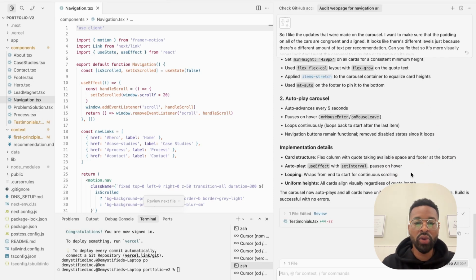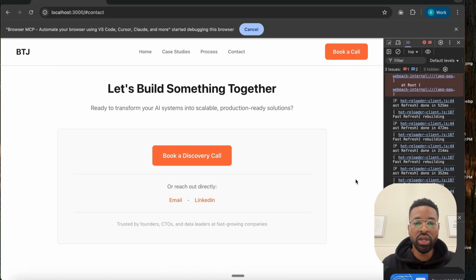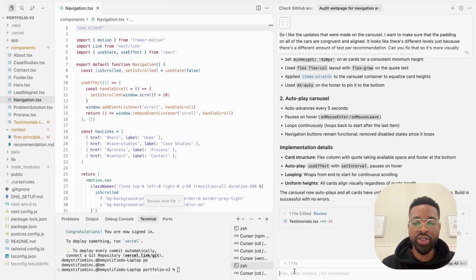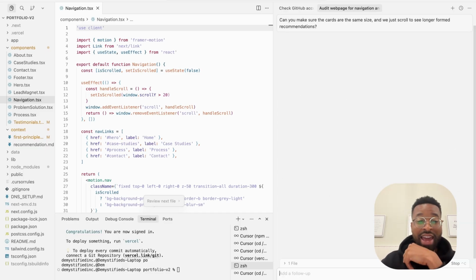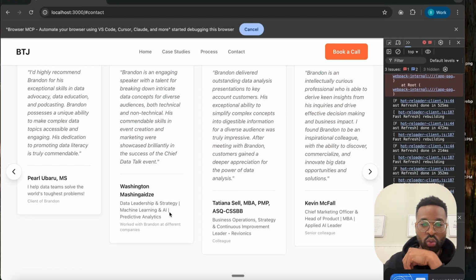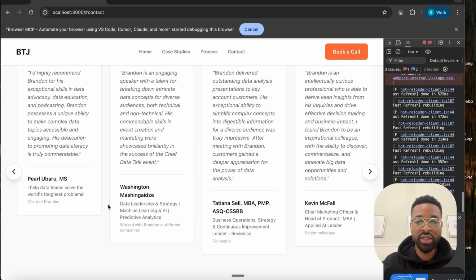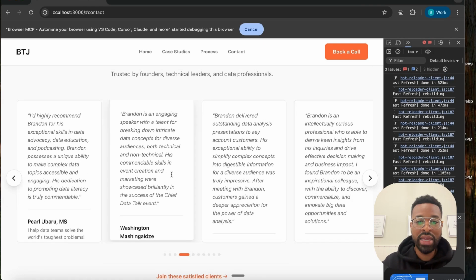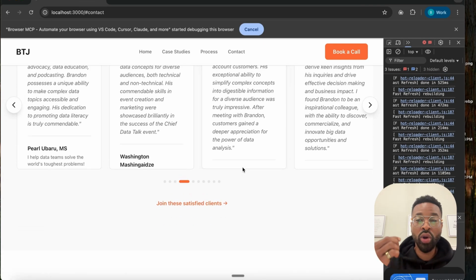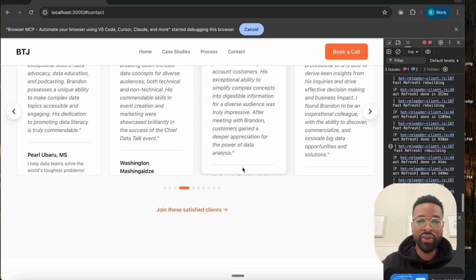All right, so the build was successful. Let's go to the localhost. Can you make sure the cards are the same size and we just scroll to see longer form recommendations? All right, so I didn't like it. I don't like how it's weird. So I'm adding a little bit of complexity to the cards. I'm making them the same length, but now I have to add scrolling functionality. We have to figure out,